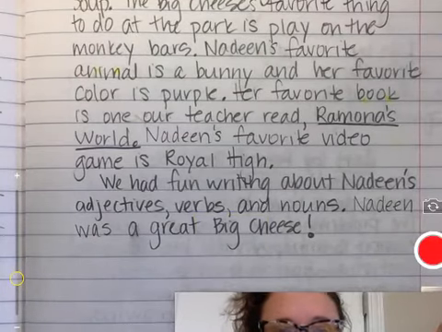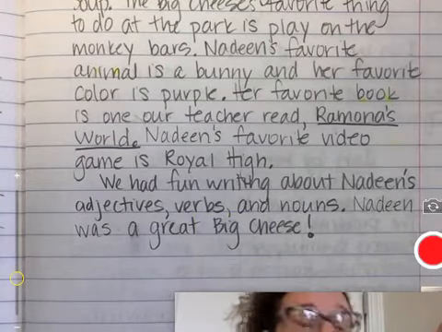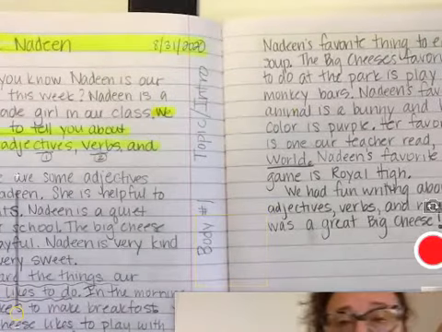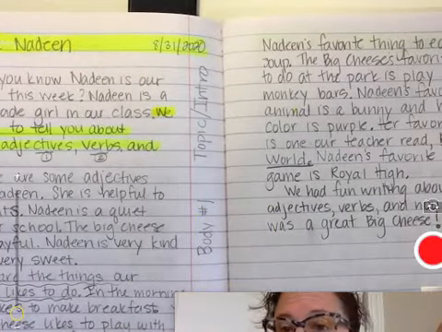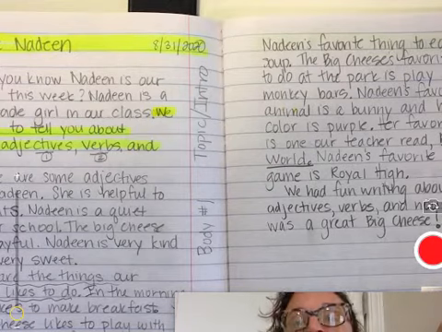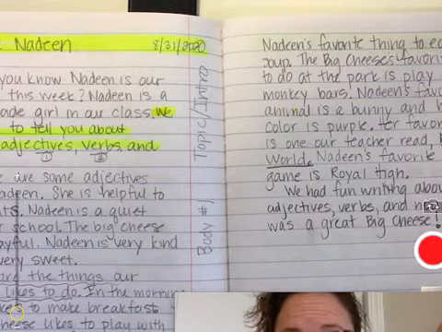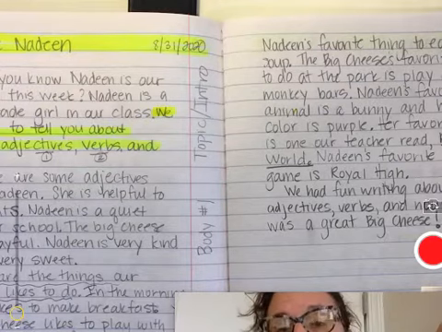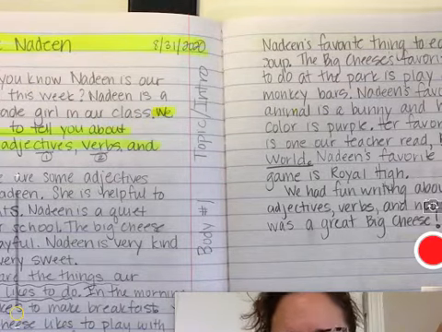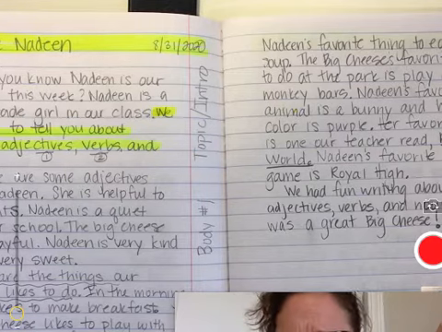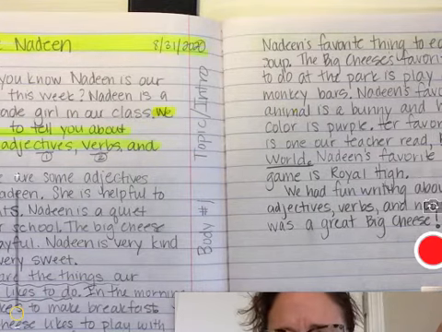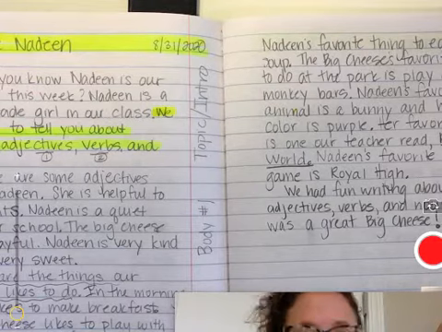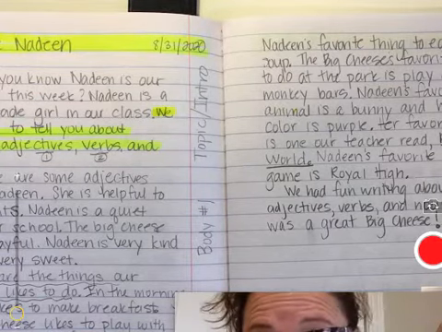All right, ladies and gentlemen, we have completed yet another 5-paragraph essay. We are writers. Wow. Okay, now because we've been writing this all week, our job for typing this week is to type up Ari's essay. So we always have kind of two going at the same time. Hopefully that's not too confusing. So we're writing in our notebook, but we're typing up the one from last week. Shall I draw a new big cheese while we're thinking about it?